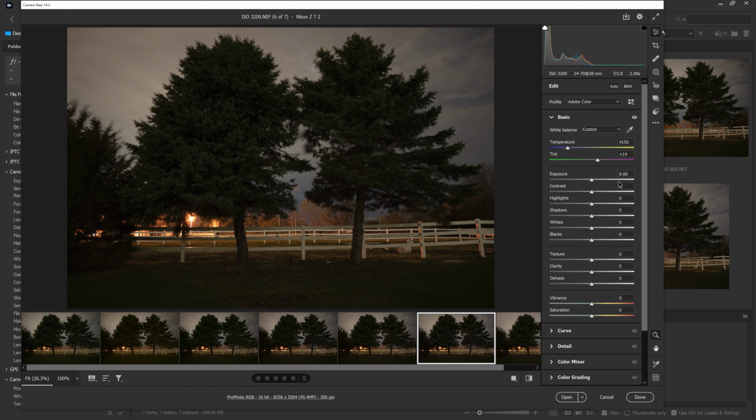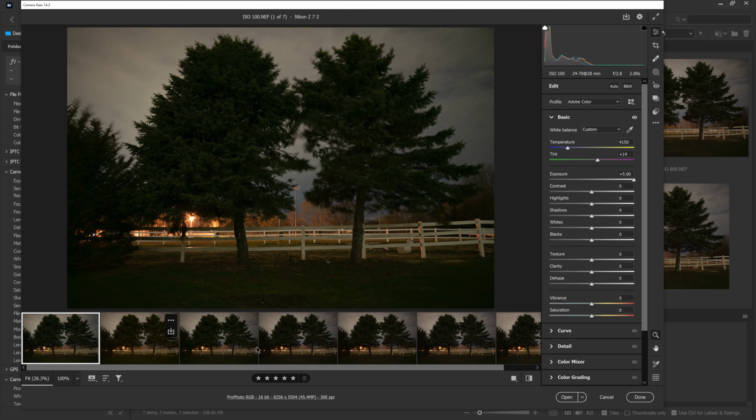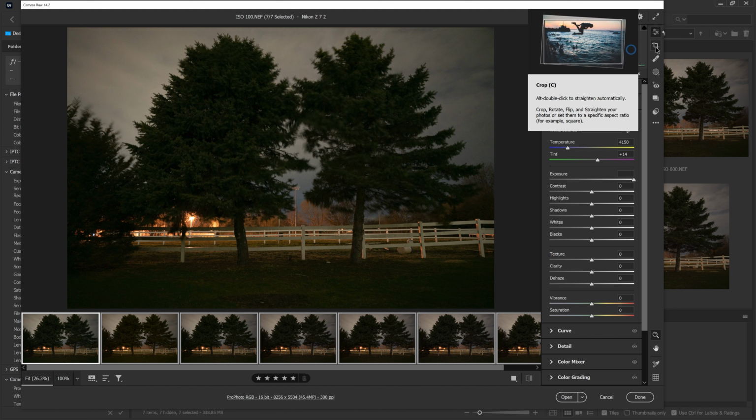The ISO 3200 shot does not get adjusted, and the ISO 6400 shot is reduced by 1 stop. The next thing we're going to want to do is select the very first image and then select all images. You can either hold Shift and click the last one, or Control or Command A will select them all. And if you want to place these into the template that I've provided, we're going to want to crop these